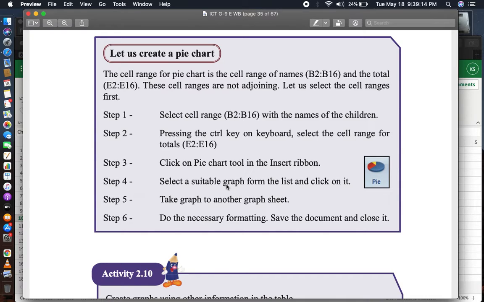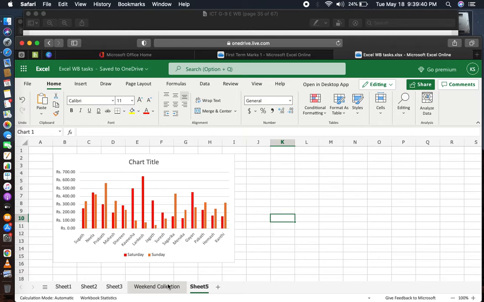The cell range for the pie chart is the cell range of names B2 to B16 and the total E2 to E16. These cell ranges are not adjoining. Let us select the cell ranges first. So step 1, select cell range B2 to B16 with the names of the children. Pressing the Control key on the keyboard, select the cell range for totals E2 to E16. So now what they're saying is,